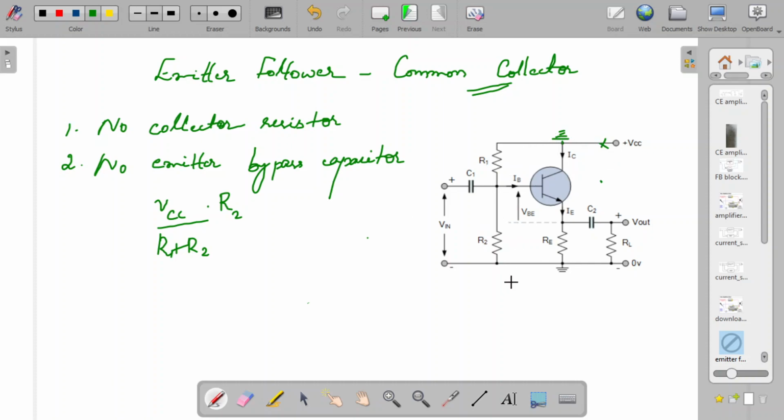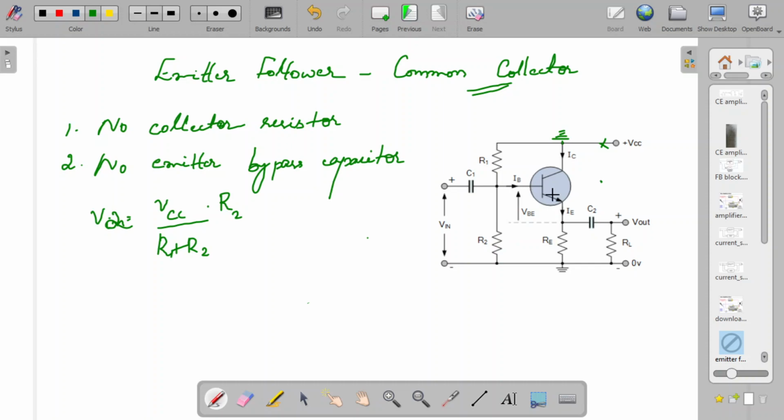Current flowing through R2 is VCC divided by R1 plus R2, multiplied by the resistance R2. So this is actually the input at the base. And if you can see the output, you can see this. Now you see this voltage that we call V2, since it is appearing across R2. Input is the one which is given here. So the voltage across R2 is actually V2.